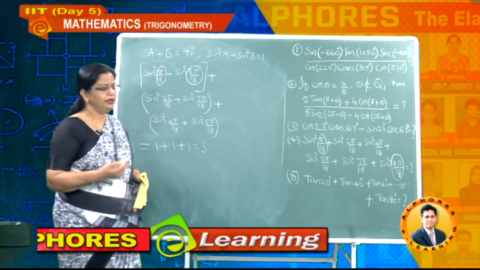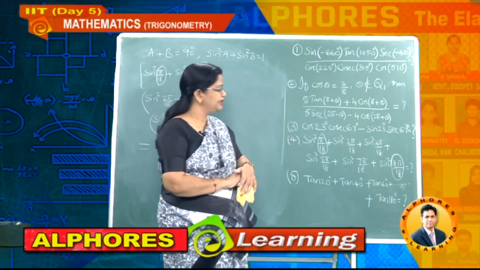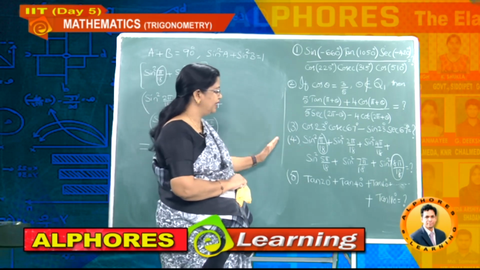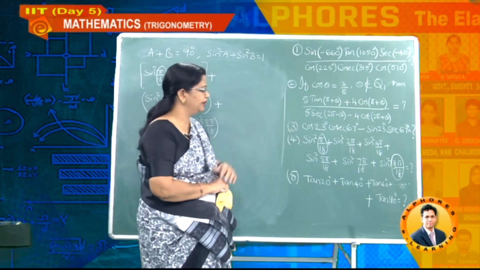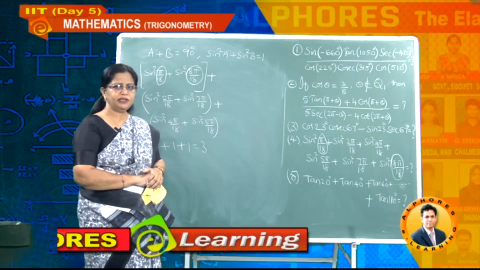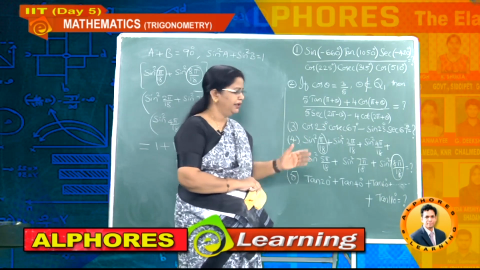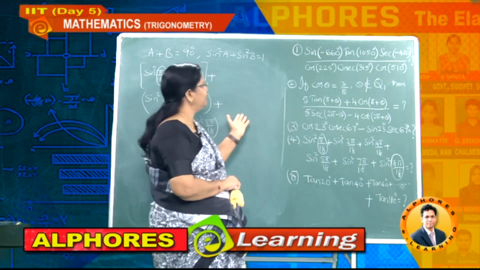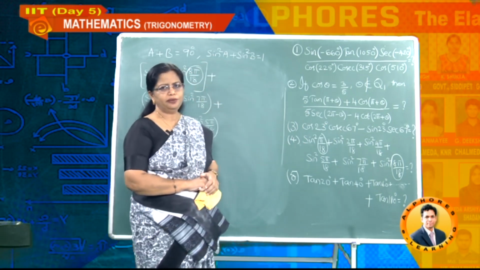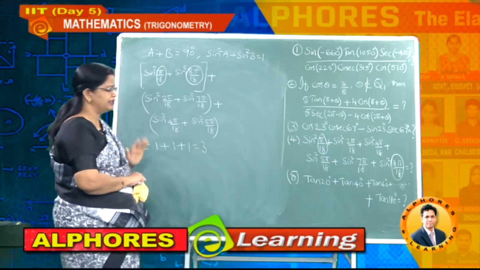That is it. Okay. So whenever you observe big angles and many terms present in the problem, don't immediately skip it. Just have a glance at the problem, and you can find an easy trick. What is the easy trick here? A plus B is 90 degrees, so sin square A plus sin square B is 1. Suppose I replace all sin values with cos values, then also you will get the same result, because then cos square A plus cos square B equal to 1. So whether it is a sin problem or a cos problem, the answer remains the same.